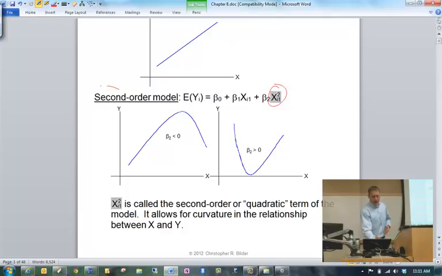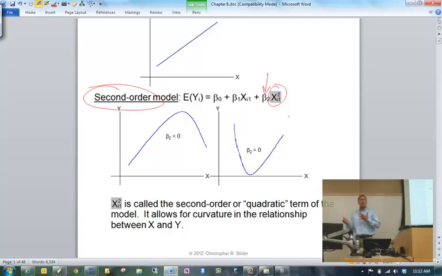Let's focus though on looking at second order models. That's what we'll primarily do here, but again, you could have third order, you could have fourth order, and so on. Now, just as a review in terms of algebra, similar to what we did with the first order model, we're going to be very interested in the coefficient on this squared term.